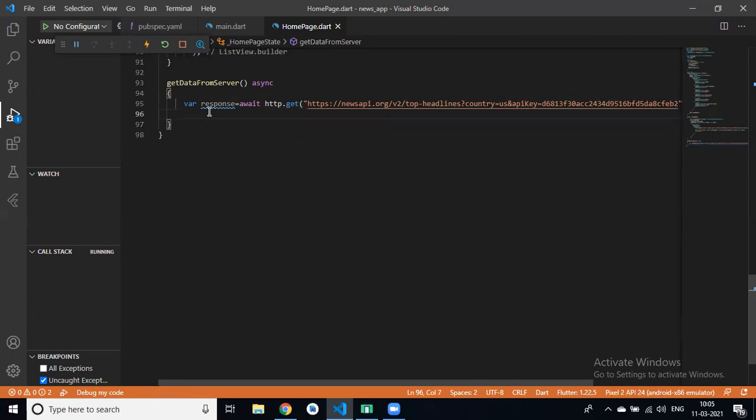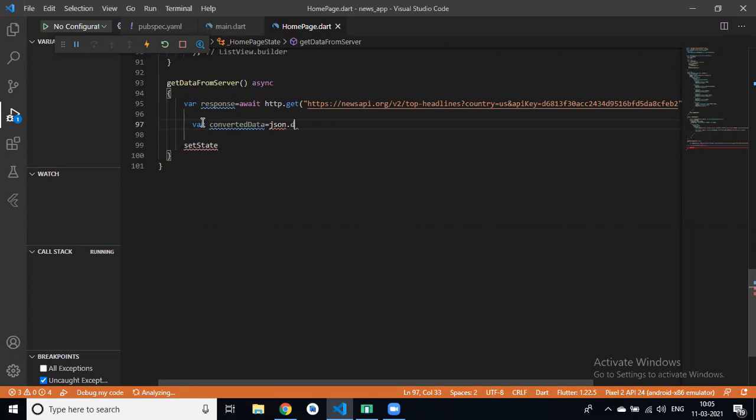After that, print response body, setState, right? Or first we can do one more thing: variable convertedData is equal to json.decode, right?